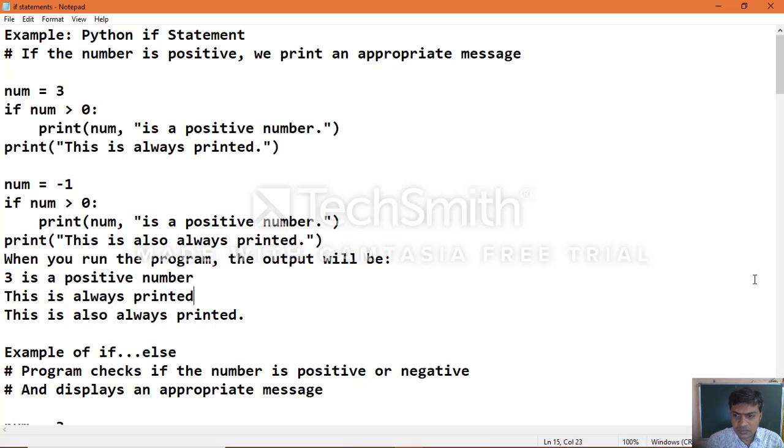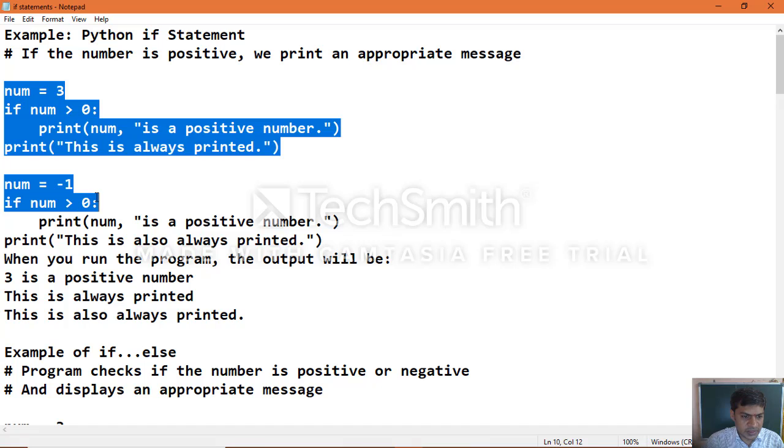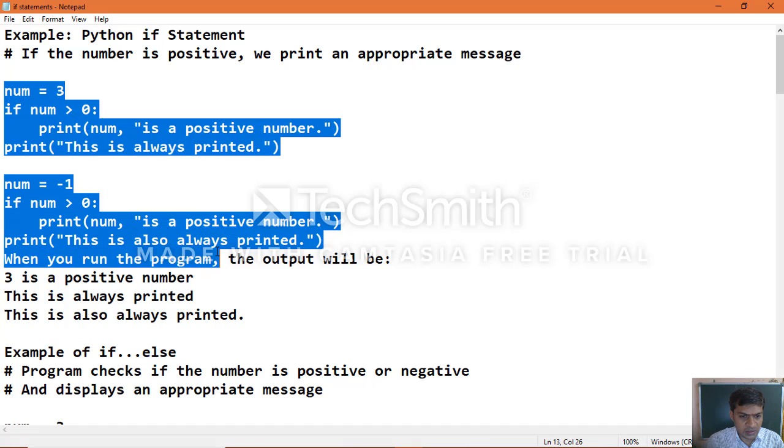Same way, we want to execute all together. Let's see multiple conditions.